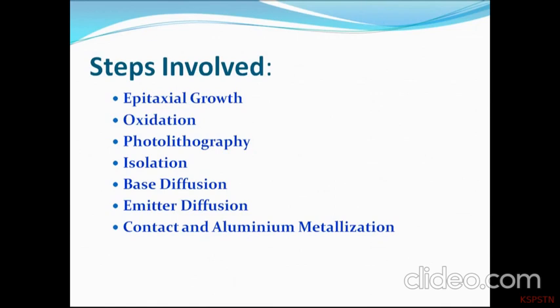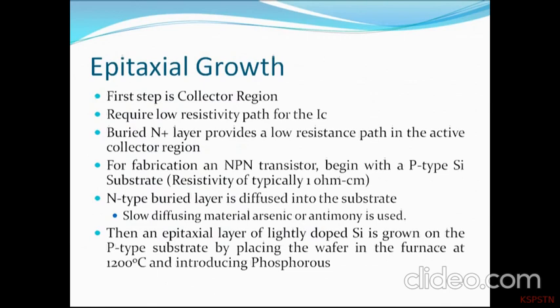The first one is epitaxial growth. The first step of transistor fabrication is collector region. Normally it requires a low resistivity path for the collector current, that is denoted by the symbol IC. The collector contact is normally taken at the top, thus increasing the collector series resistance and the collector to emitter voltage of the device. The buried N+ layer provides a low resistance path in the active collector region to the